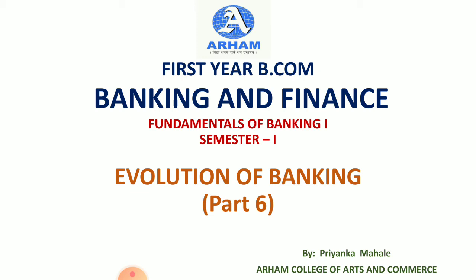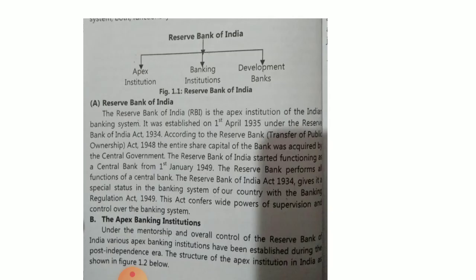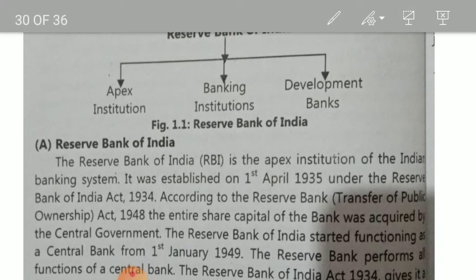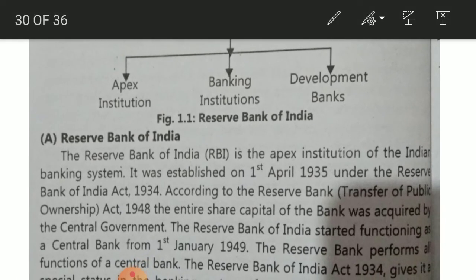Now when you talk about the structure of the Indian banking system, as you all know, the Reserve Bank of India is the apex bank. Under the Reserve Bank of India, there are three categories: apex institutions, banking institutions and development banks. The structure which you learned yesterday was